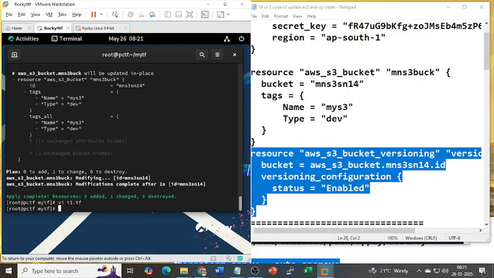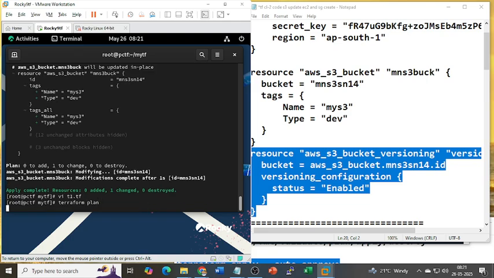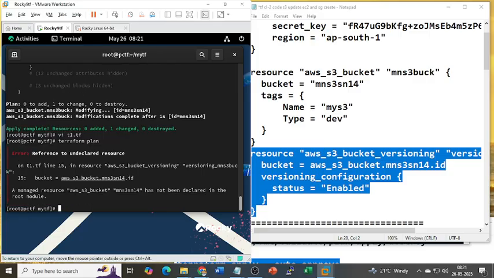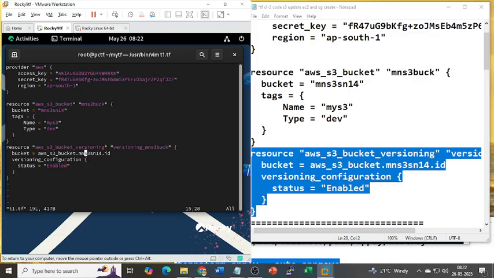And again, plan it. Undeclared resource, aws_s3_bucket_versioning, line 15. Resource versioning this: bucket ID, managed resource has not been declared in root module. Okay. So VI T1, it is telling that